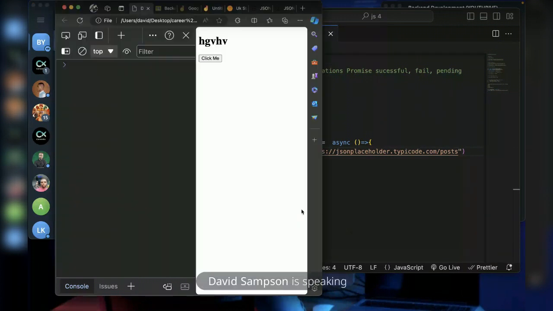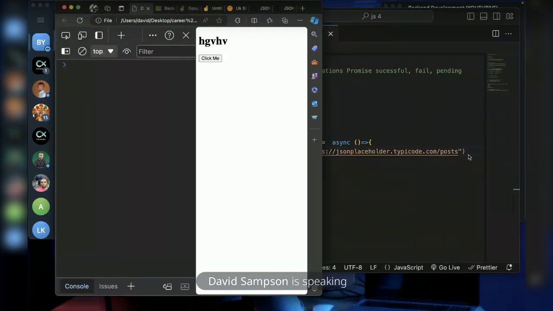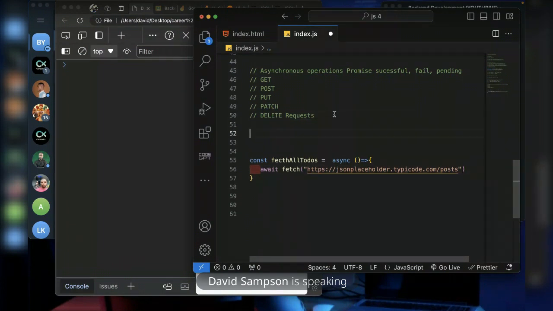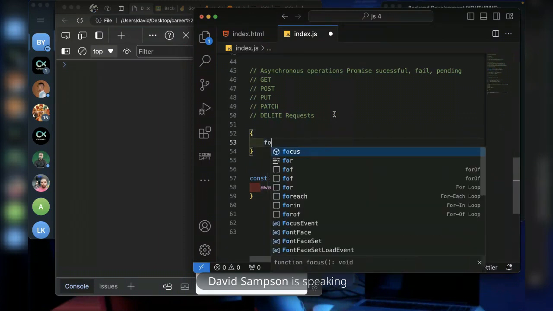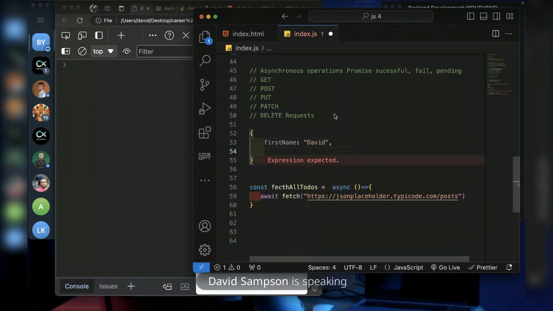So when you add that, the next thing you want to do is to actually convert. Now, I told you before that the format with which we send and receive data is called JSON. So assume you have an object here that looks like this, and you call this first name. First name is equal to David, comma, last name is equal to Samson. I just hope that our new timers are not lost.